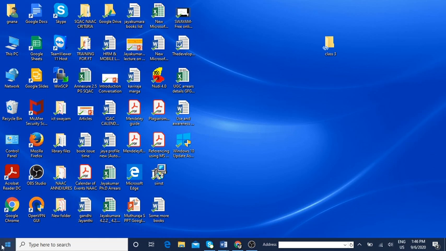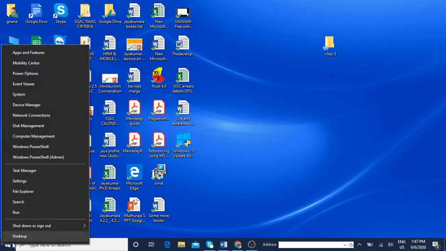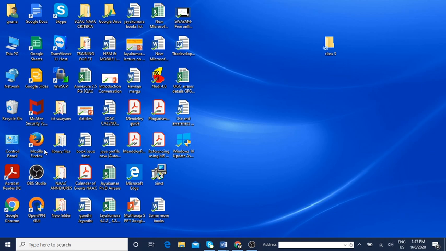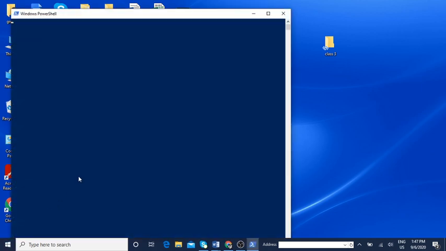We'll see that. Right click on the start button. Click on Windows Explorer. What it tells? Click on Windows Explorer. Okay. Once you click on that, so here you can, that's a PowerShell, sorry.